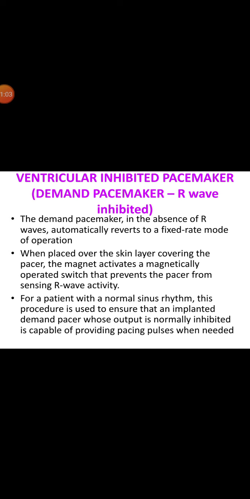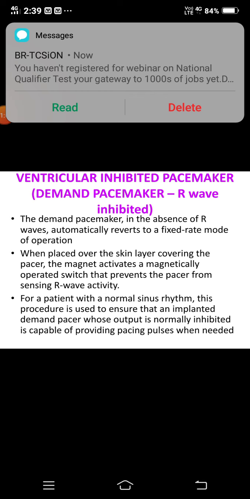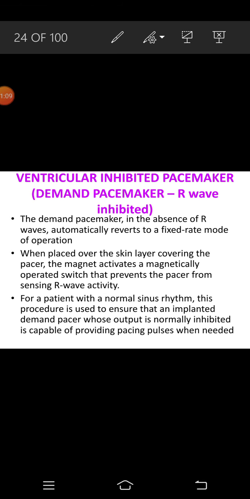Some external demand mode pacers may be adjusted to operate in a fixed rate mode by means of an accessible mode control of the type which we have seen in the previous presentation. Other controls allow the setting of the pacer's rate anywhere between 30 and 180 bpm, as well as the amplitude of the pacing pulses between 0.1 and 20 milliamperes.